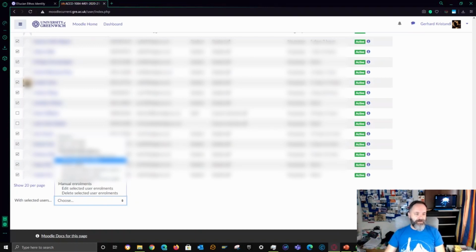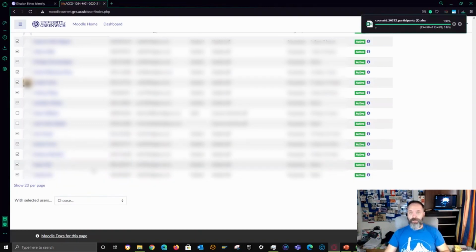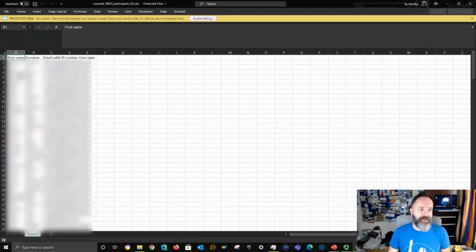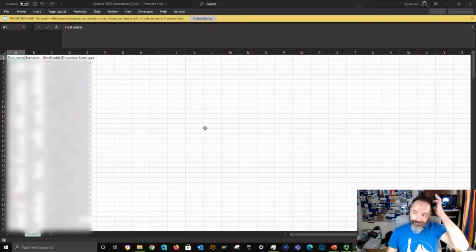I will say Microsoft Excel, and then just wait for this to download, and then we're going to manipulate that a little bit. We have now our Excel open, and you see that this is the list, 1, 2, 3, 4, 5 columns here with first name, surname, email, ID, and user type. The only thing that we need is the email address, so I'm just going to enable editing,